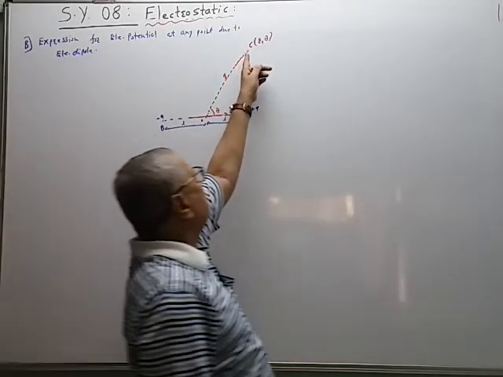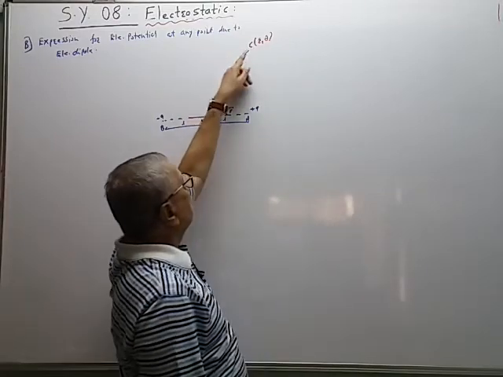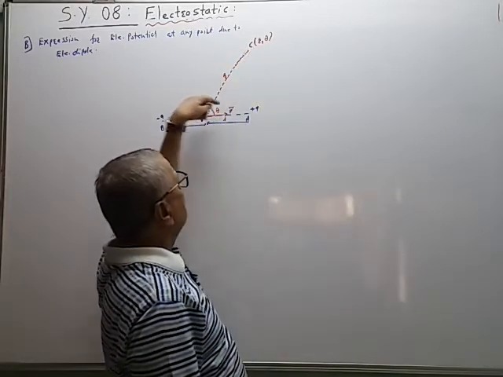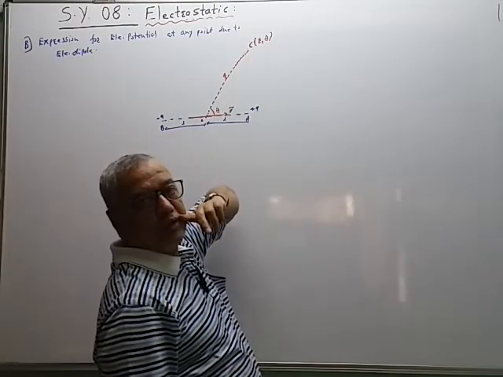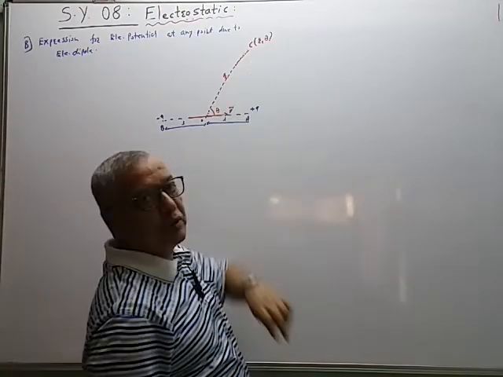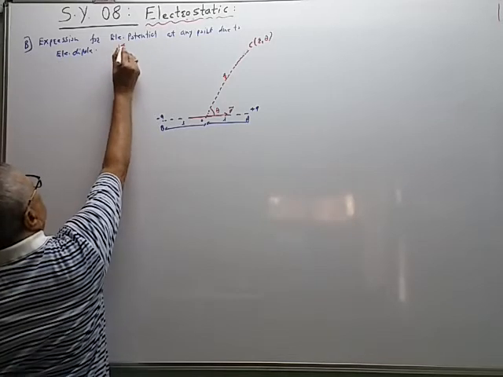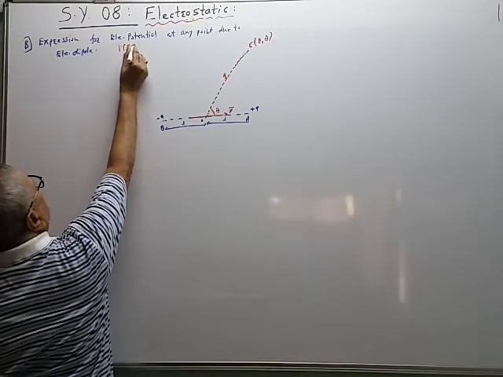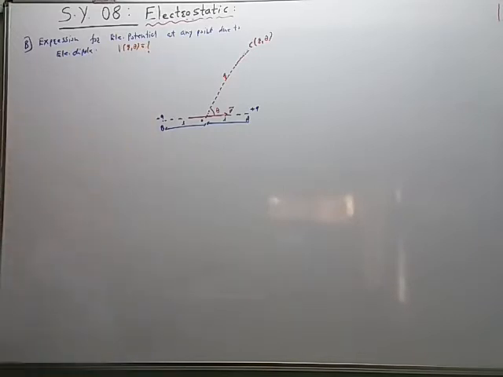If we move the point C on this line, then r will increase, theta will remain constant. If we move the point C like this, then theta will decrease like this. So r and theta are the polar coordinate. By changing the position of the point C, we have to determine the potential at point C. So what is our aim? We have to determine the potential V at r theta, at point C, at distance r from the center O, like this.